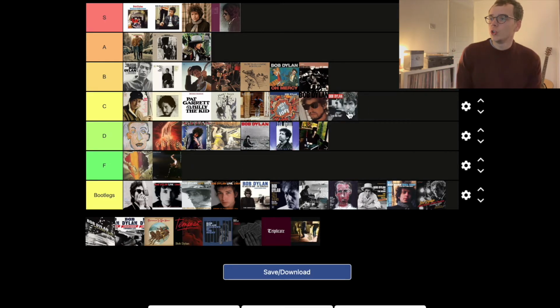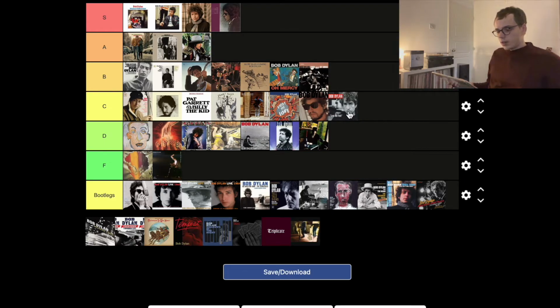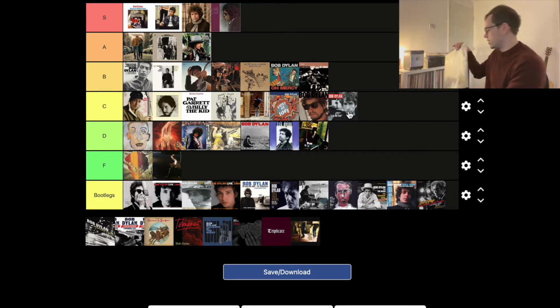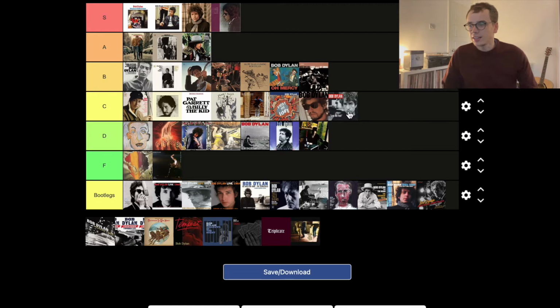I think it's good, but again, it doesn't quite have the depth in the songwriting. I mean, maybe look at some of the tracks on there: Tweedledee and Tweedledum, Mississippi, Summer Days, Lonesome Day Blues. Yeah, it does have some really solid tracks, but I'm just struggling to put it above the B tier just because they're not the most memorable tracks. It's not like there's classics on there or anything. And I think to be in the B tier and above, it has to be something you go back to quite often. So I'm going to leave it in the C tier.